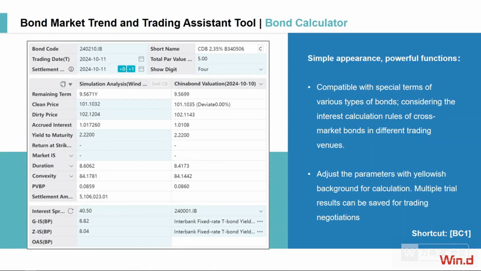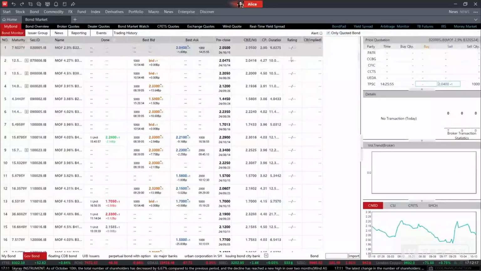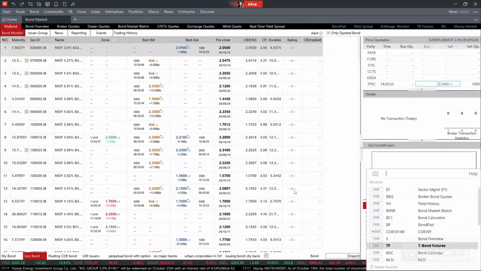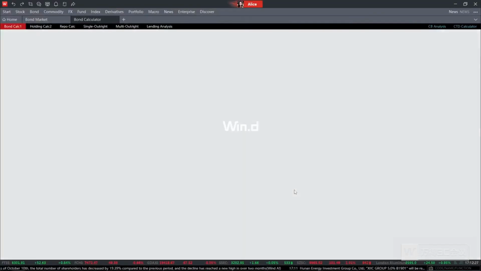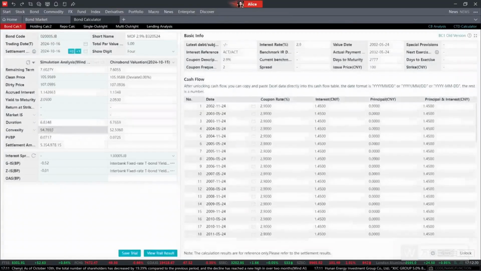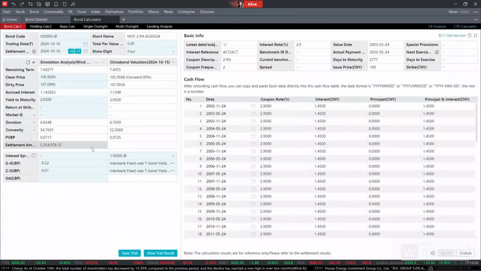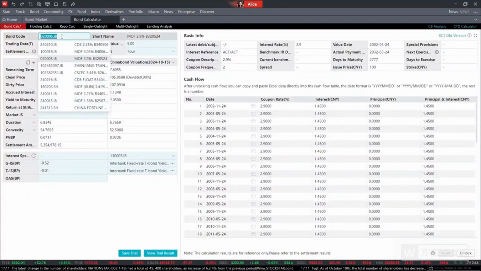Okay, let's go back to our terminal again, and I can show you how to use this calculator. First of all, we again need to enter the shortcut. The shortcut is BC1 to enter the bond calculator. Once we enter it, on the left hand side we can enter different parameters that you forecasted, and it will calculate automatically for you. For example, first of all, I need to enter the bond I'm going to calculate. So for example,